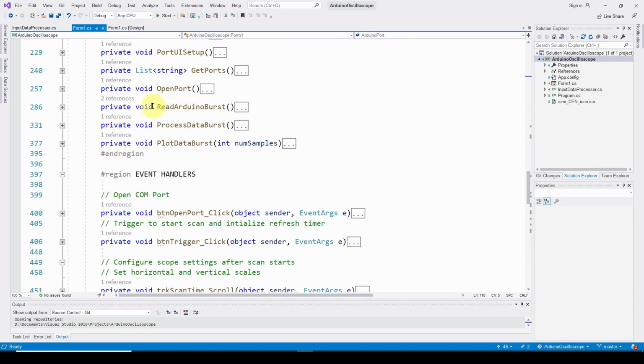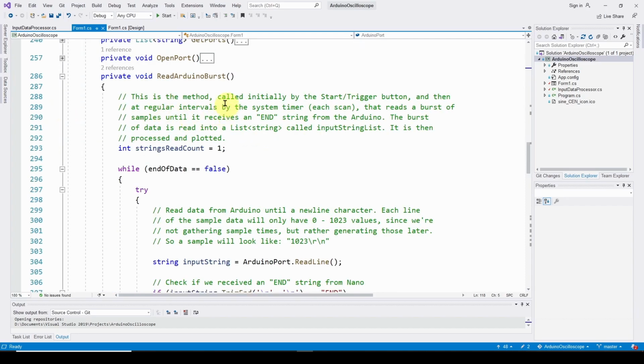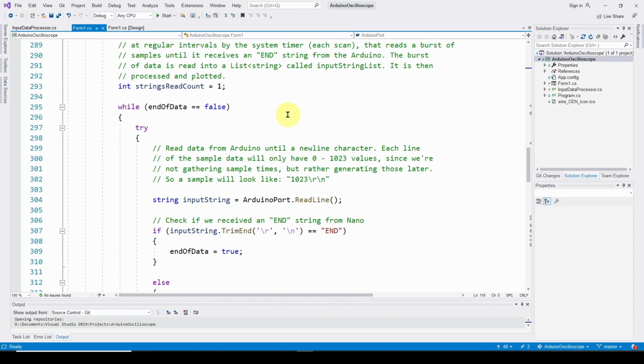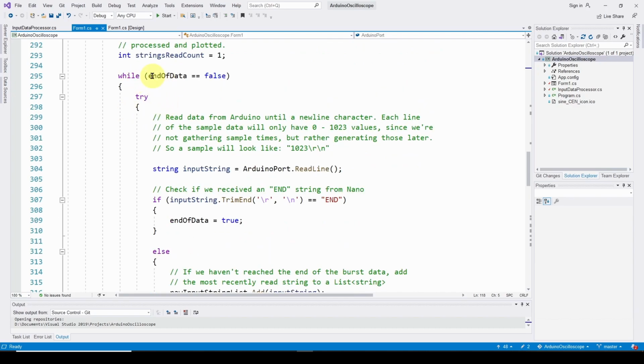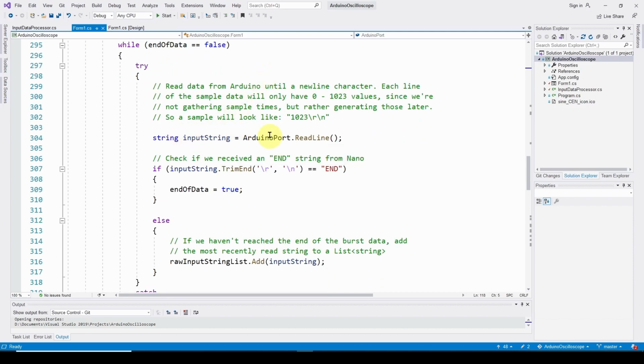So here back in the methods, here's our read Arduino burst, and it calls everything else. You can see I've got documentation here, and it's defaulting the number of strings I read from the Arduino at 1, and I'm just doing a while loop to grab the data from the Arduino. So while end of data equals false, remember we're waiting for an end from the Arduino to say, okay, there's your burst of data. So while I don't have the end yet, try to read a line from the Arduino